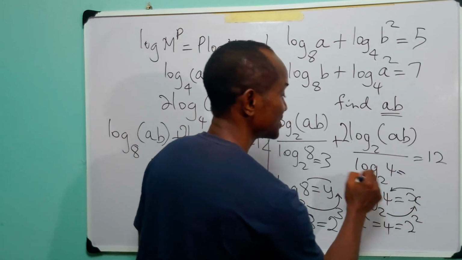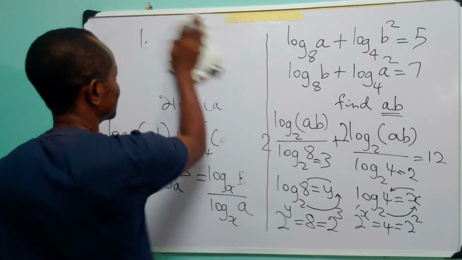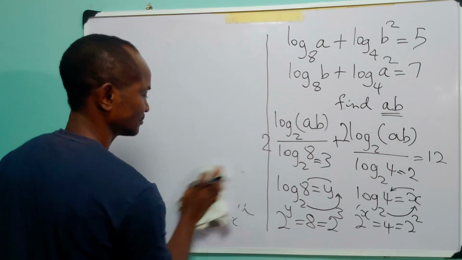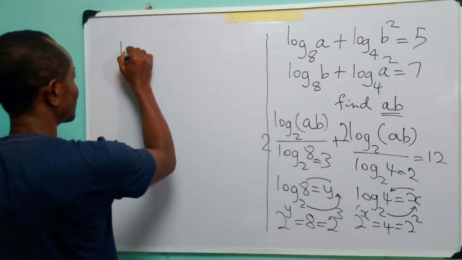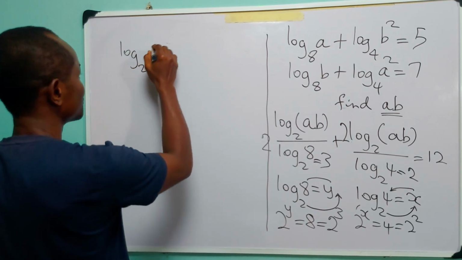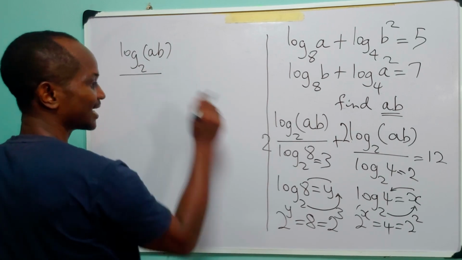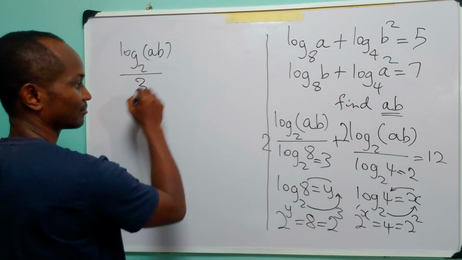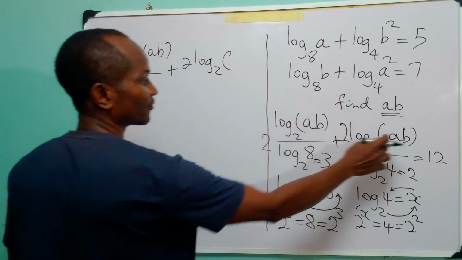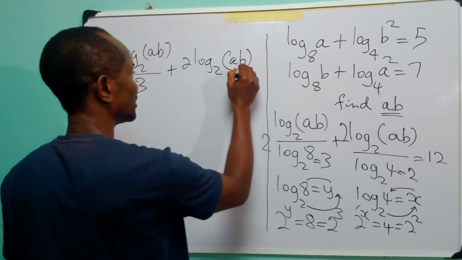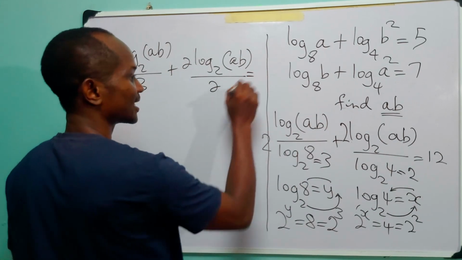So we can replace this quantity with 2, giving us that log to base 2 of AB divided by 3 plus 2 times log to base 2 of AB divided by 2 is equal to